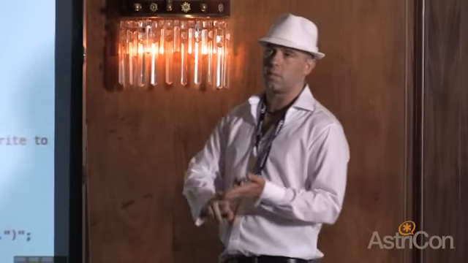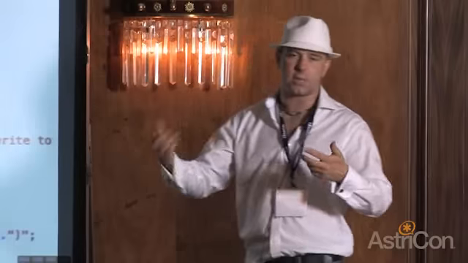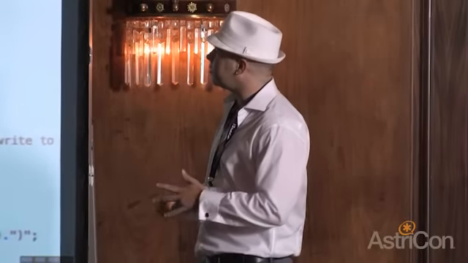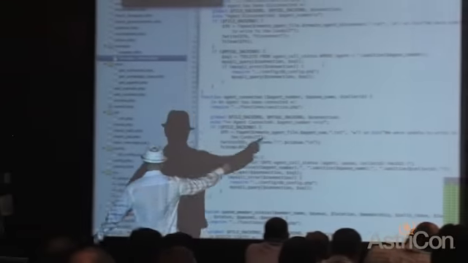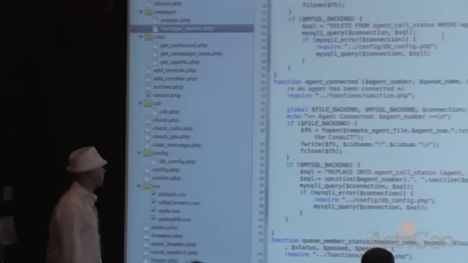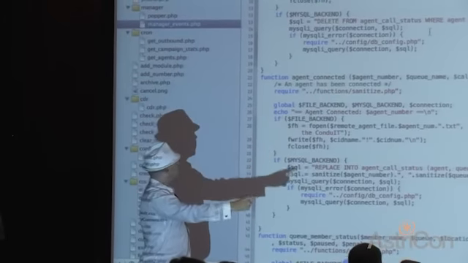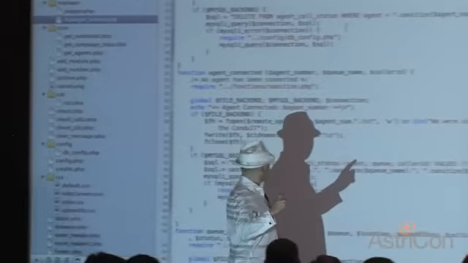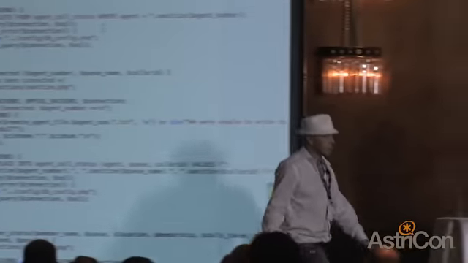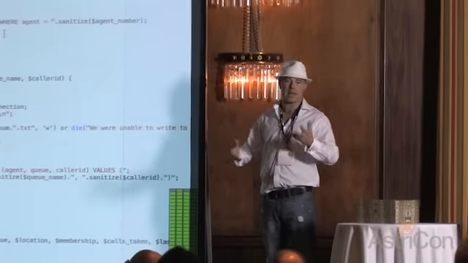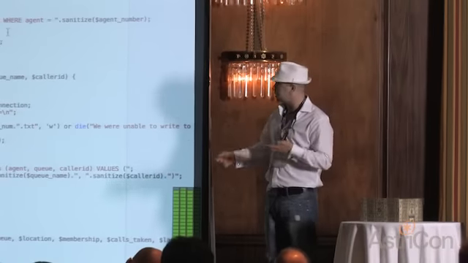So you can poll the database, and when you see results coming into the database, you can pop screen records, you can show what kind of calls are going on at the same time. So you can do kind of like a flash operator panel type thing. We've got things for like an agent connected event, and that will insert into agent call status. So this has got two different kinds of backends. You can have a file backend or a MySQL backend, and it will change the status of an agent so that you can view it. This piece of software is from a CRM package that's integrated directly with Asterisk,